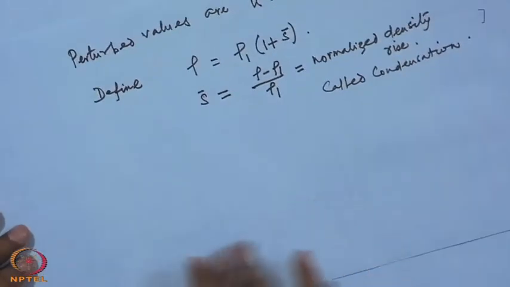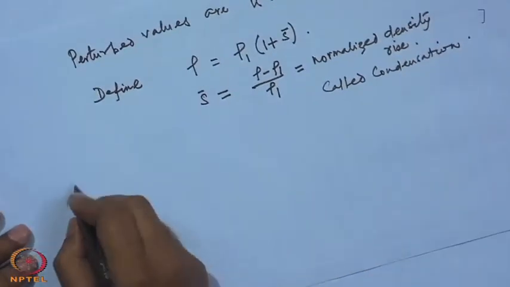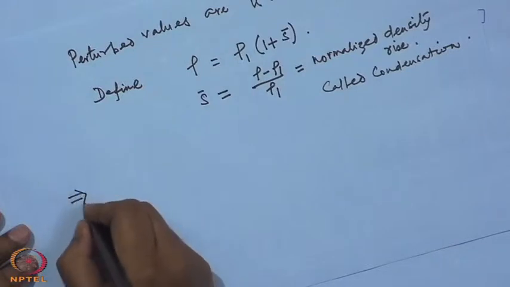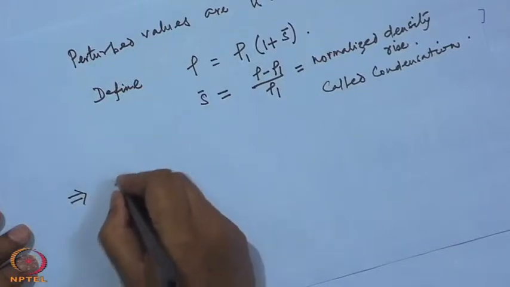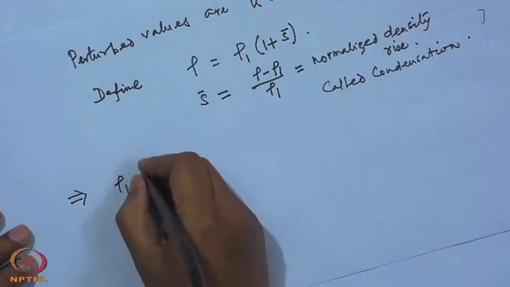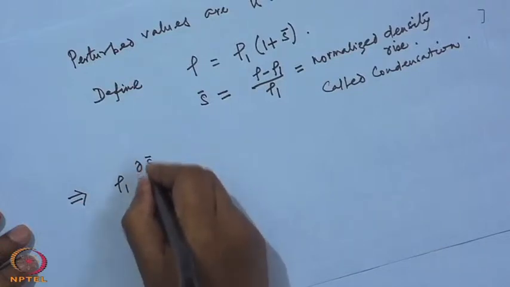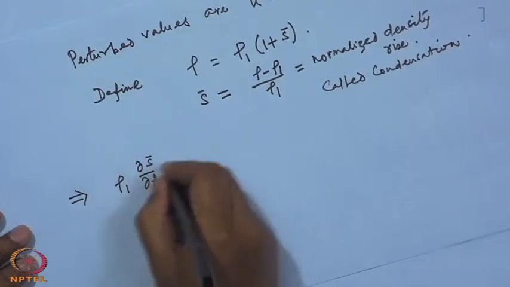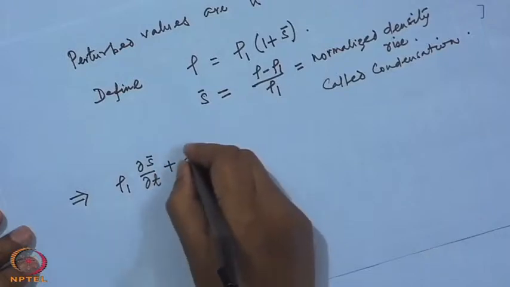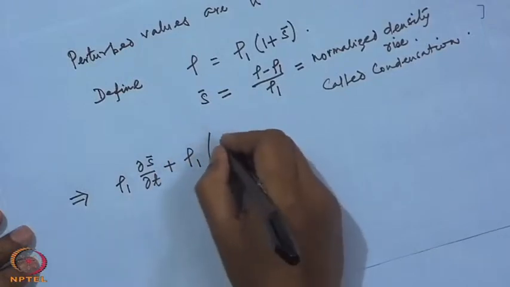Substituting these into the equations, the continuity equation becomes ρ1 ∂s̄/∂t plus ρ1 into